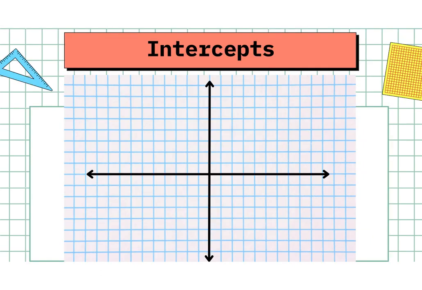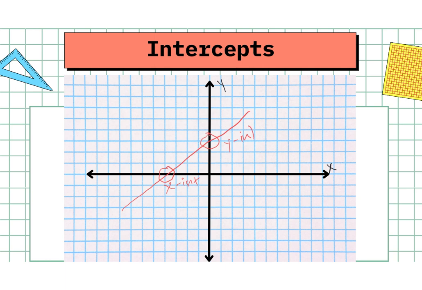So here we have a graph. So we have our x-axis and our y-axis. So here's the x-axis. Here's our y-axis. The intercepts are if we just have a line drawn in where that line will cross the x and y-axis. So for instance, right here would be my x-intercept. Right here would be my y-intercept. So x-intercept,